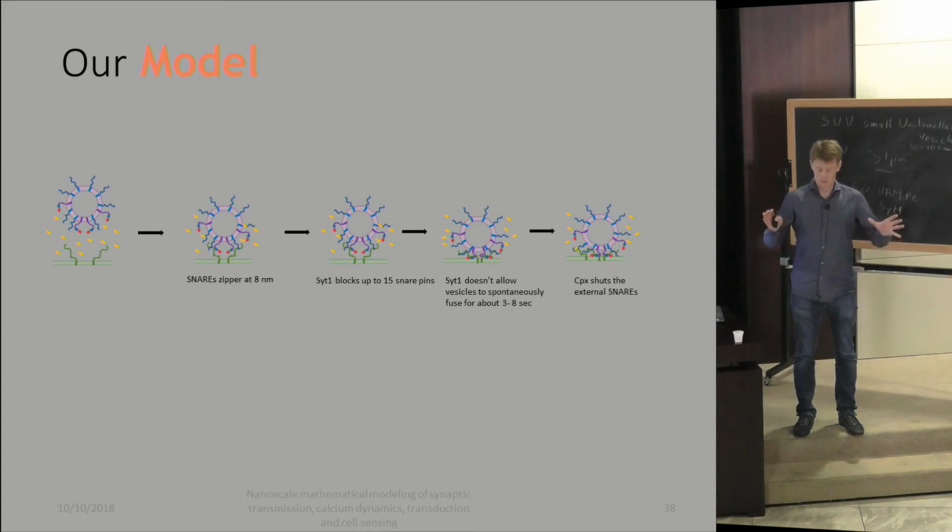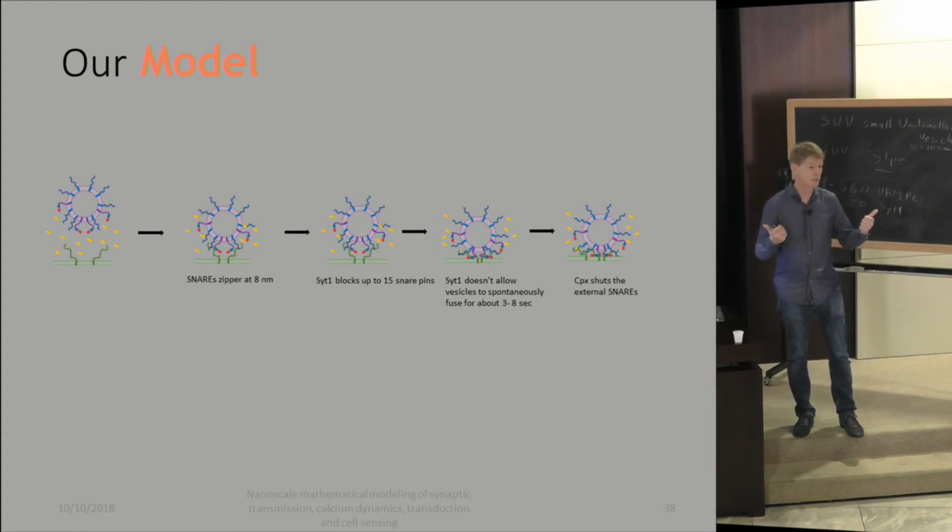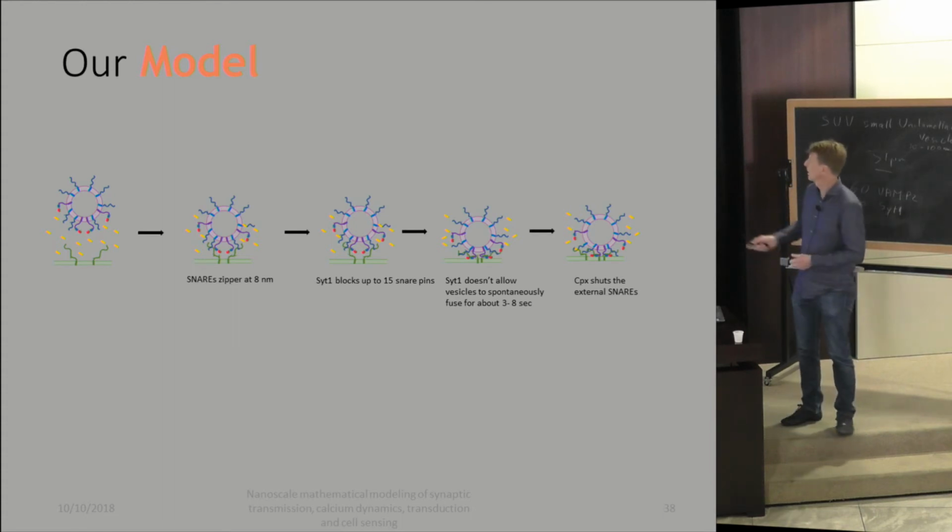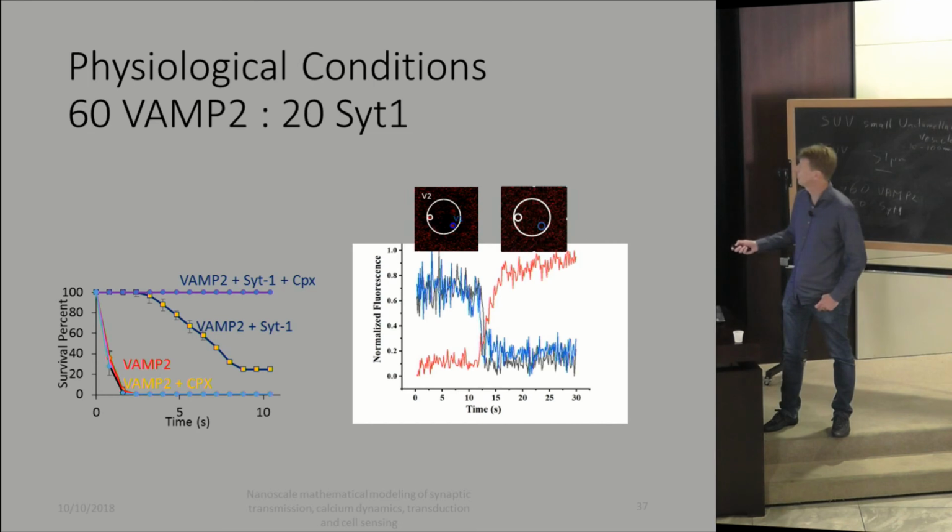So let's assume we have a 1-1 stoichiometry. We don't know if it's true, it may be 1-2, I don't know. With a 1-1 stoichiometry, 20 or 22 VAMPs are blocked by synaptotagmin. But there are still 38 that remain, except these 38 are located outside the contact area. So they can find a T-snare that's in the membrane, but it's a little far. So it will take longer for it to find the T-snare and to fuse. This would explain the delay here.